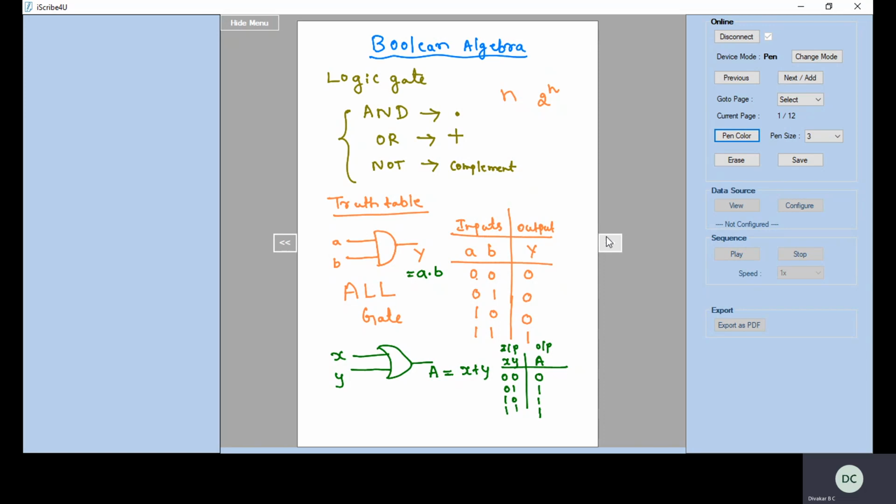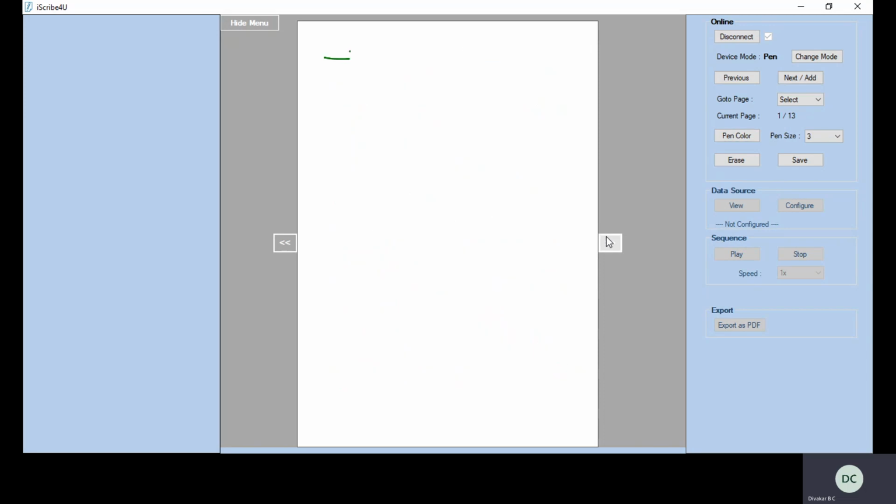And the next basic gate is the NOT gate. A NOT gate is used to perform the negation operation or the complement operation. So the input is A, the output is Y equal to A bar. The input is A and the output is Y. If the input is 0, the output is 1, and if the input is 1, the output is 0. The complement or negation operation can be obtained using the NOT gate.